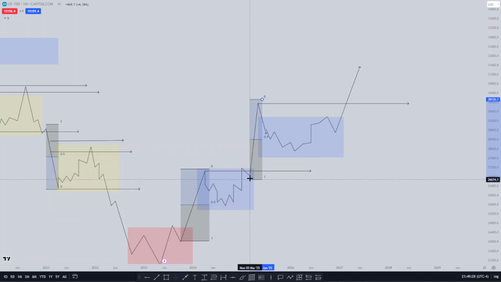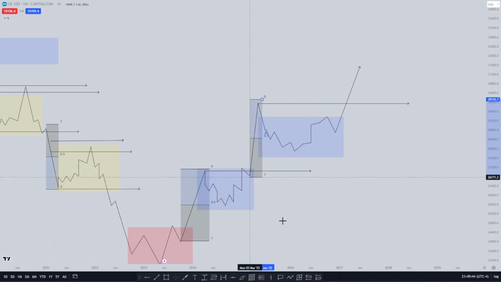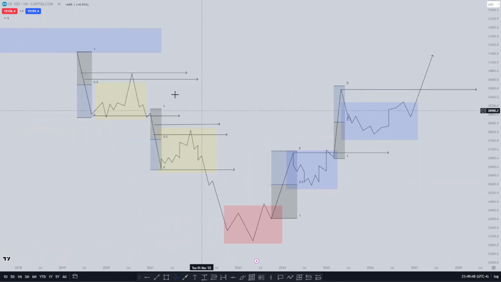Because of how I understand daily ranges, I'll put from here to here or from here to here, depending on the scenarios. From here to here, broke out from this range and the CSD. From here to here could create this CSD over here, but it depends on the scenario. Look at this. So every daily range